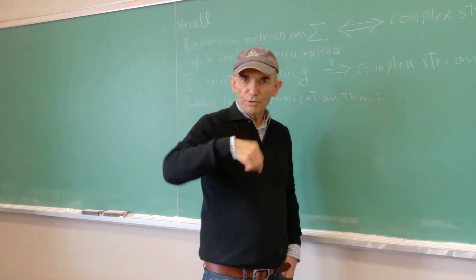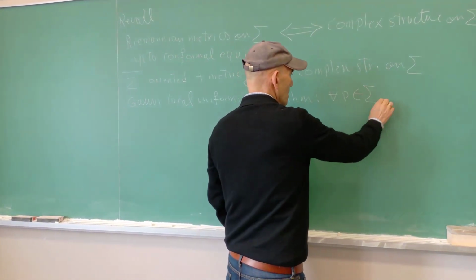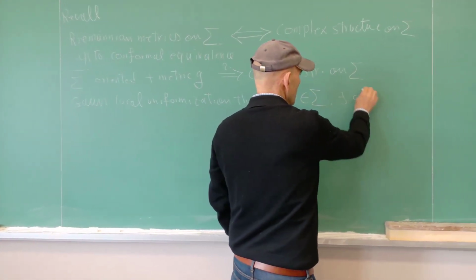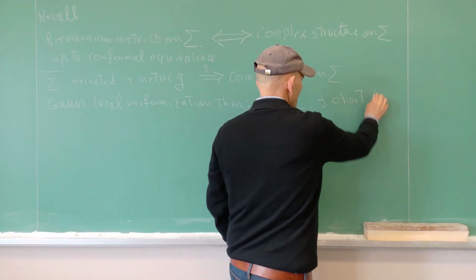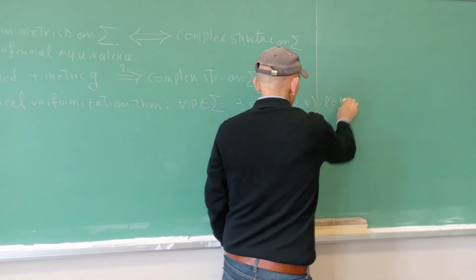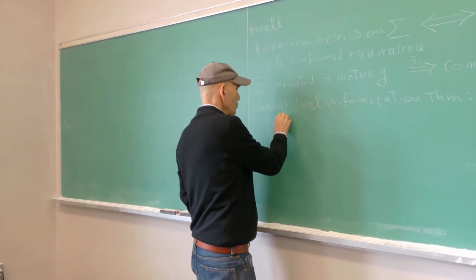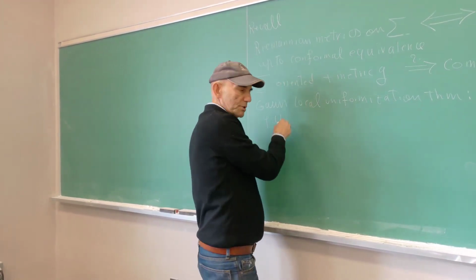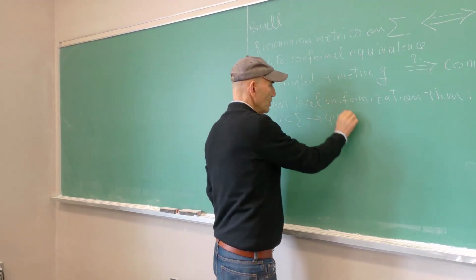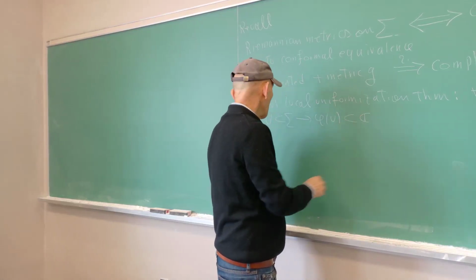It says that for any point P on sigma, there exists a local coordinate chart U, phi around P, phi from U, which is an open subset of sigma, to phi of U, which is an open subset of C, such that